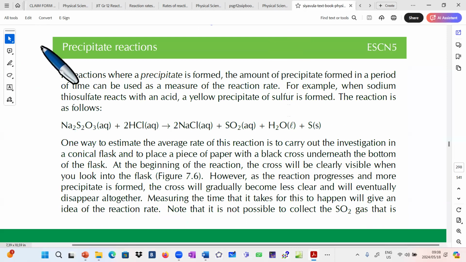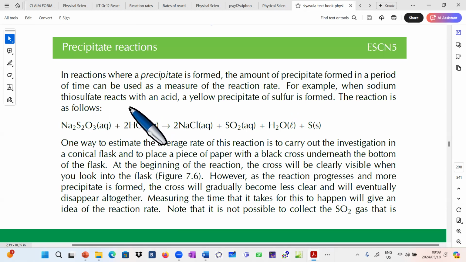Okay, there are certain kinds of reactions that are precipitation reactions. In reactions where a precipitate is formed, the amount of precipitate formed in a period of time can be used as a measure of the reaction rate. For example, when sodium thiosulfate reacts with an acid,